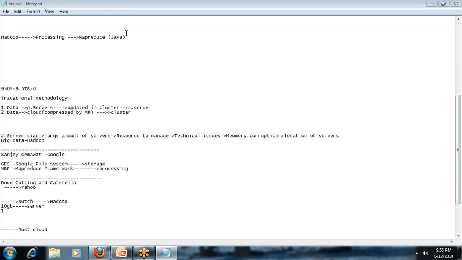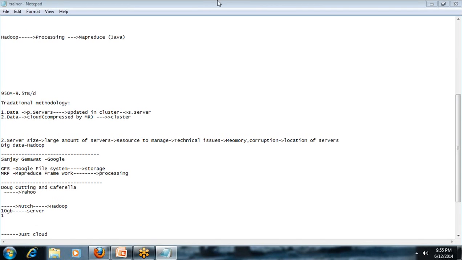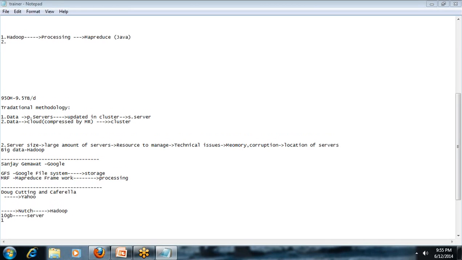Okay, that is the first condition. The second thing is Hive. Here what we do is we'll be writing SQL kind of syntax, SQL kind of syntax, and